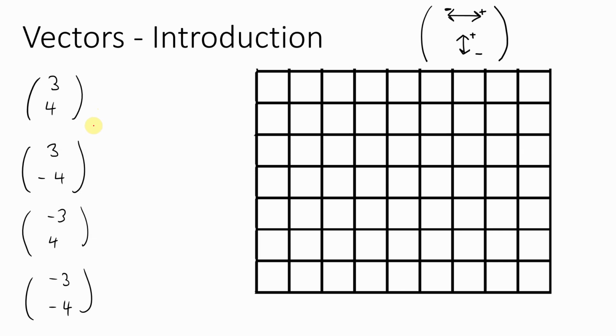So what we mean by a vector is just a movement, and it tells us if we go left, right, up and down. And this key up here is really important to remember. The number on the top is going to tell us whether we go right or left, so it's a little bit like our x coordinate, and the number on the bottom is like our y coordinate. It tells us whether to go up or down. And if it's positive, we'll go through these 4 examples. These are 4 different vectors, very similar by looking at them, but you can see there's a range of negatives in there. So this one is going to tell us to go 3 right,